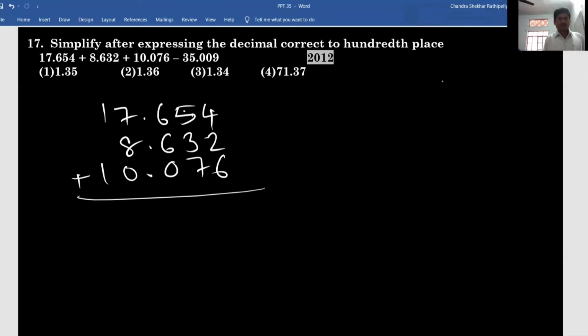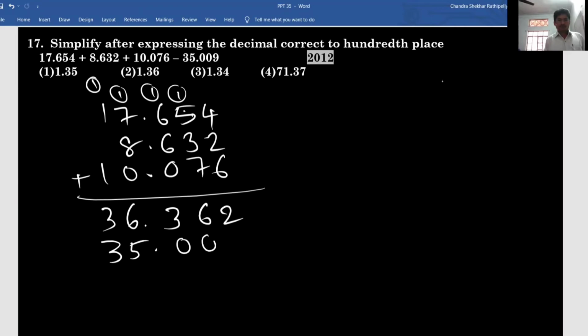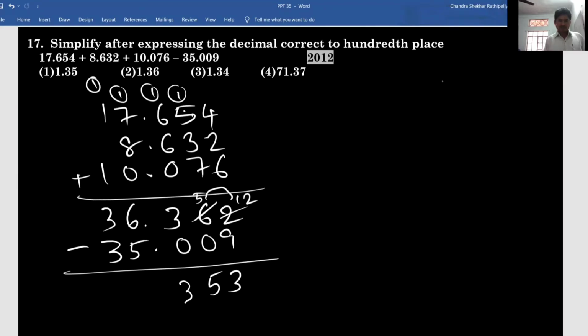First we have to add all of these. 6 plus 6, 12, 6, 9, 16, 12, 13, 8, 16, 36.362. Next, minus the number 35.009. We have to subtract this. Here 12 minus 9, 3, 5, 3, 6 minus 5, 1, 0, 1.2